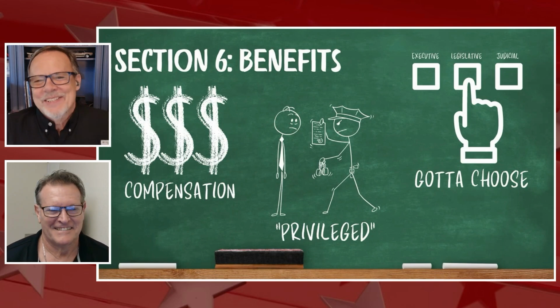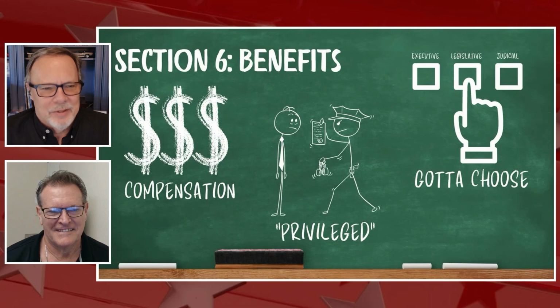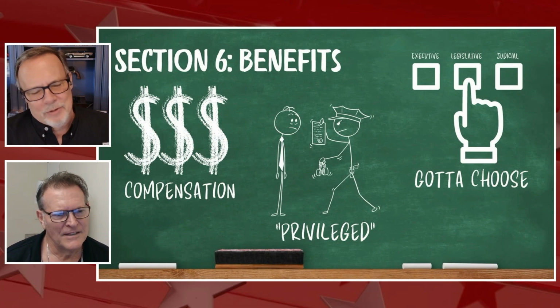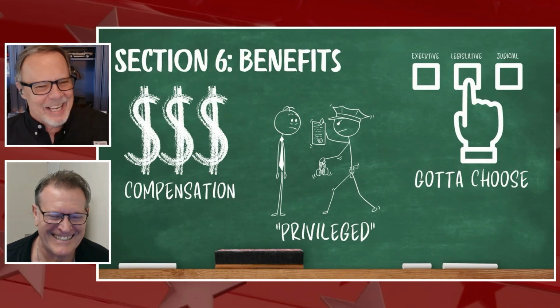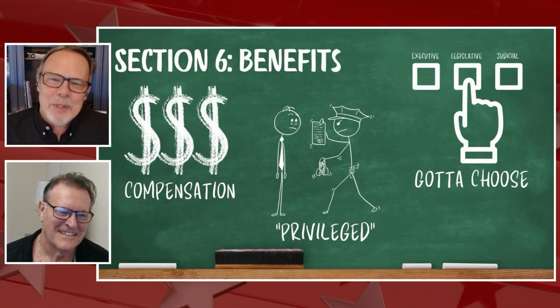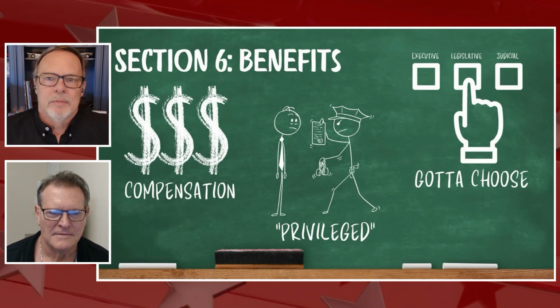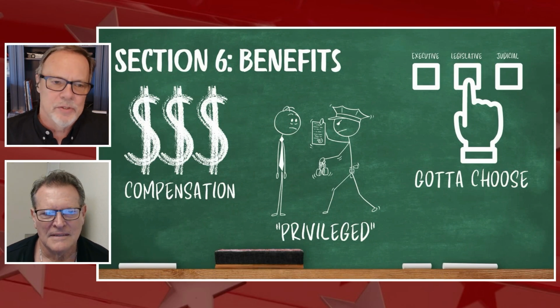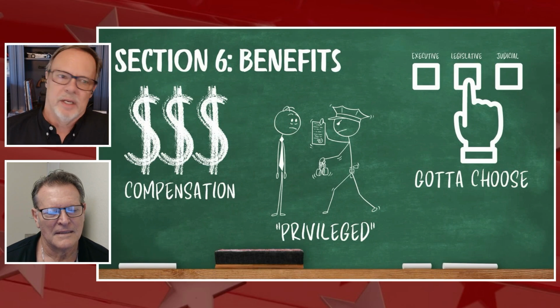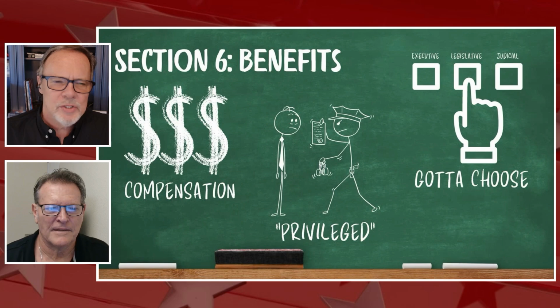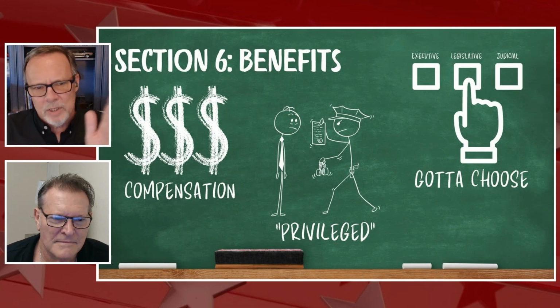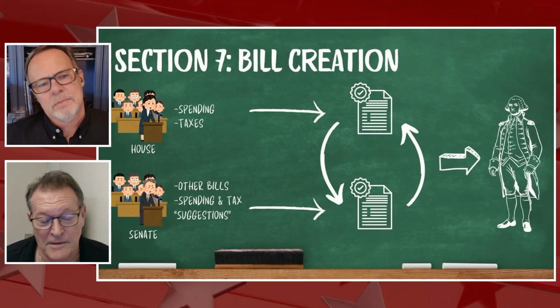Last thing in Section 6 is the concept that you've got to commit to what branch of government you're in. Oh my gosh, I almost said serve in. These people don't serve. Let's get that straight. They get a heck of a lot of benefits for the work they do, but you can't be in the legislative branch and say, hey, we're going to create a position of the Department of Nintendo playing, and I'm going to hire myself at that job for $10 million a year, right? If you're in the legislative branch, you have to stay there until your term is up before you move to some other job in the executive or judicial branches. So it's trying to keep things clean and keep the loyalties within the respective branches. Now that's something I didn't know, by the way.